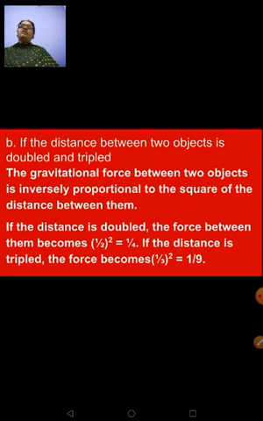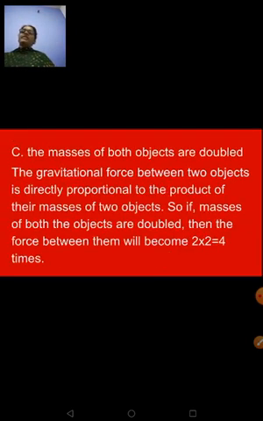According to your universal law of gravitation, every object in the universe attracts every other object with a force which is directly proportional to the product of their masses and inversely proportional to the square of the distance between them. It is inverse. So when you are making the distance double, in the place of r, that is 1 upon r square, right? When you make it 1 upon 2 the whole square, it becomes 1 upon 4. So when you are doubling the distance, the force between them reduces to 1/4. If the distance between them is tripled, that is 1 upon 3 the whole square, then it becomes 1 upon 9. Clear to you?